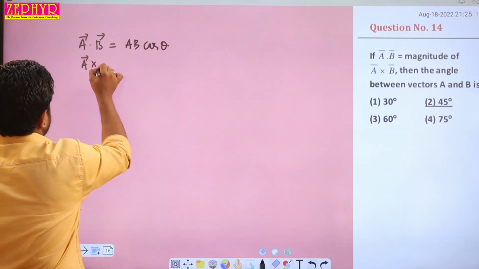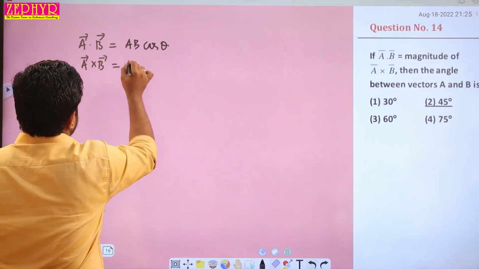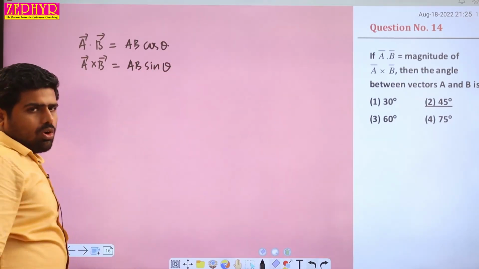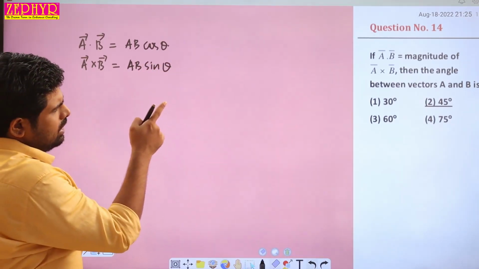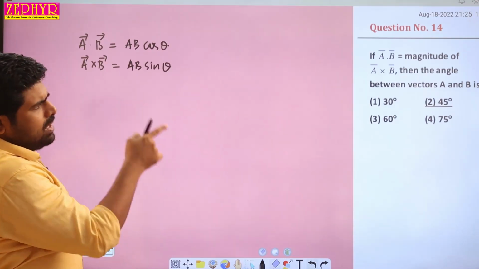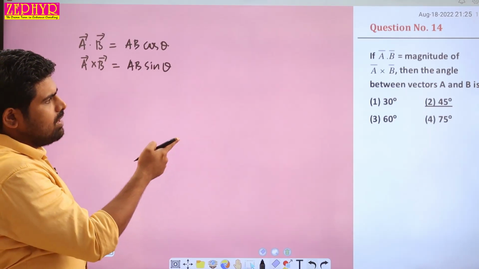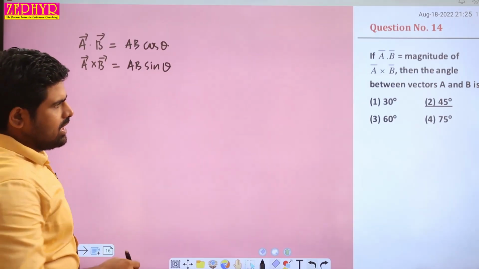A vector cross B vector is equal to AB sin theta. So here, if A vector dot B vector is equal to the magnitude of A vector cross B vector, then the angle between the vectors